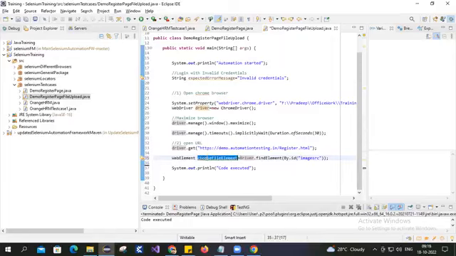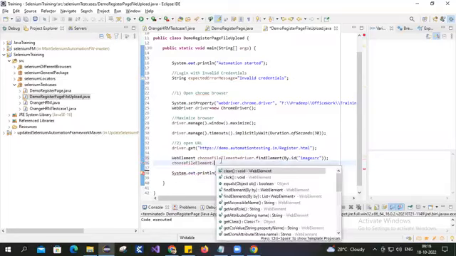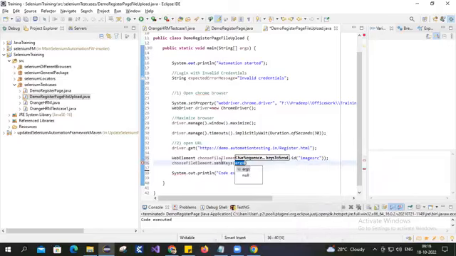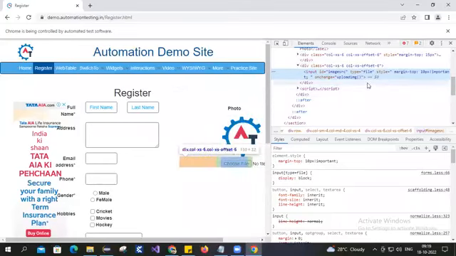Let's say I've created this variable, and then for file upload, what we have to do is driver dot find element, you can directly do send keys itself, and in send keys you can pass the file path of the one that you want to use. So here if you see,